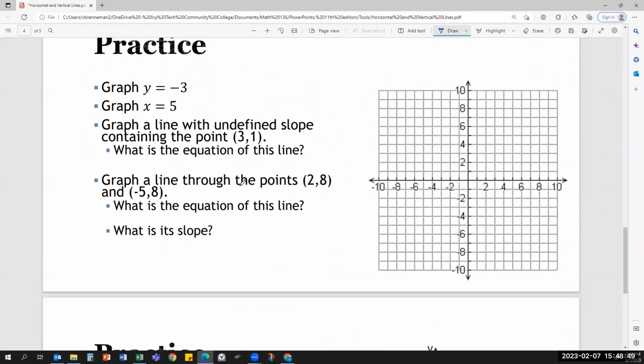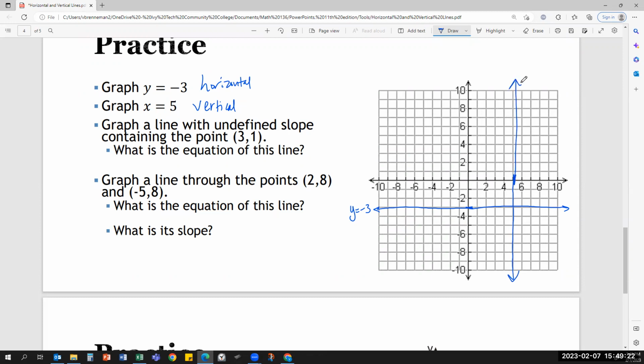We'll practice here. Graph y equals -3. We see the y equals. That means it is a horizontal line. I just need points with -3 for the y value. So it's just a horizontal line through -3 on the y-axis. x equals 5 is a vertical line. So it's going through 5 on the x-axis